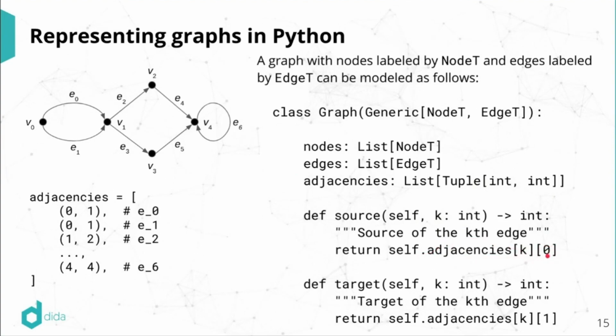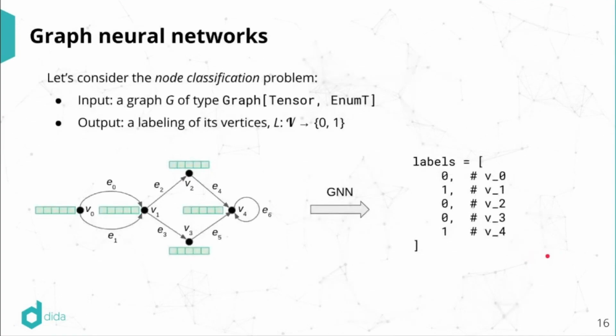Good. All right, so now we can get to graph neural networks. And to discuss that, I want to just fix on a fairly simple possibility. So first of all, fix one kind of problem out of many we could pick. And I'm going to discuss the node classification problem. Okay, so what this means is we give as input a graph, and out of it, we want a labeling of the vertices. Let's say it's a binary classification problem, so it's just a function from the vertices to 0